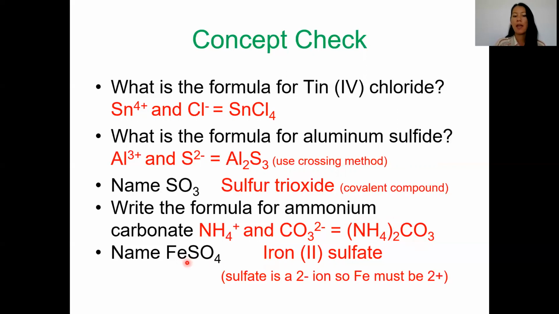The last one, FeSO4. This is a metal and a polyatomic anion. So sulfate is a 2 minus. That's just something that you would have memorized or known or seen. So if that's a 2 minus, the iron must have been a 2 plus, and I just give that Roman